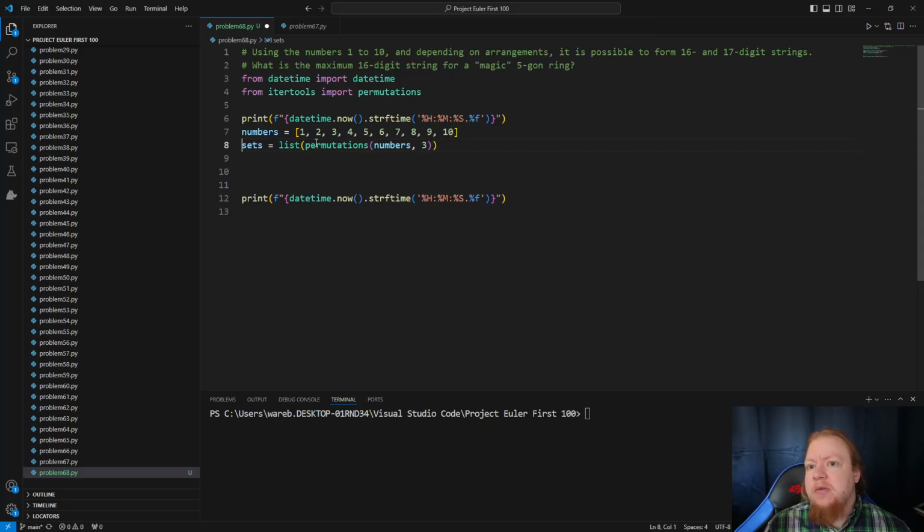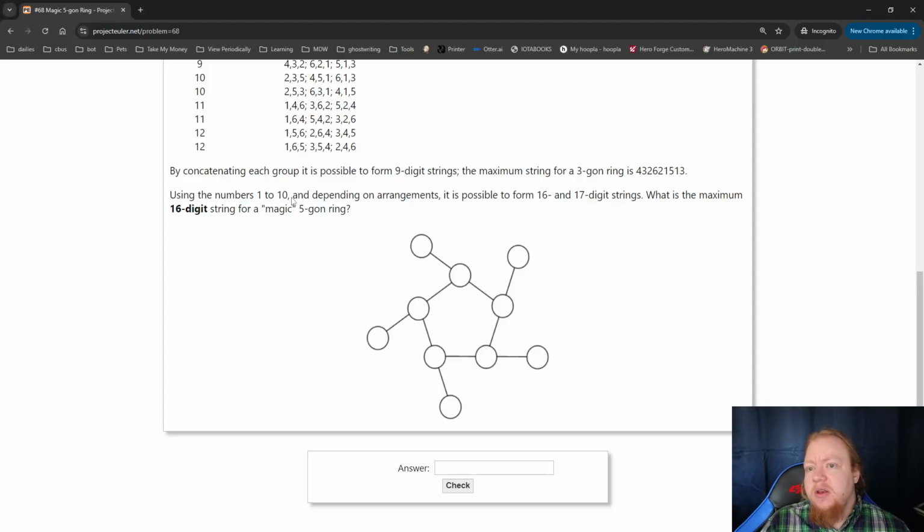And that will give us all possible 3-digit combinations of these 10 numbers